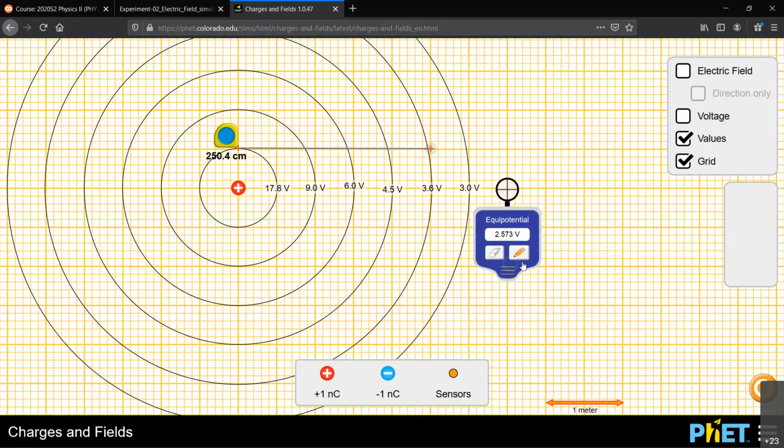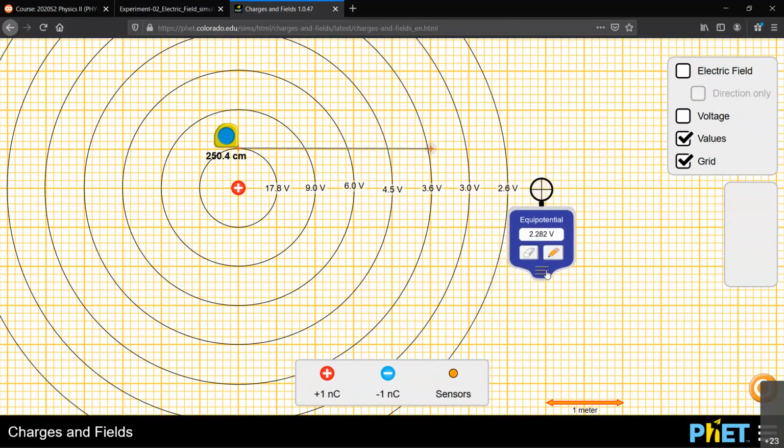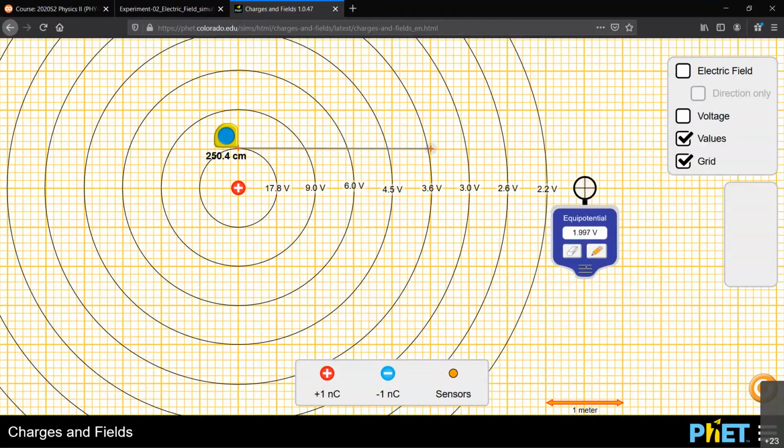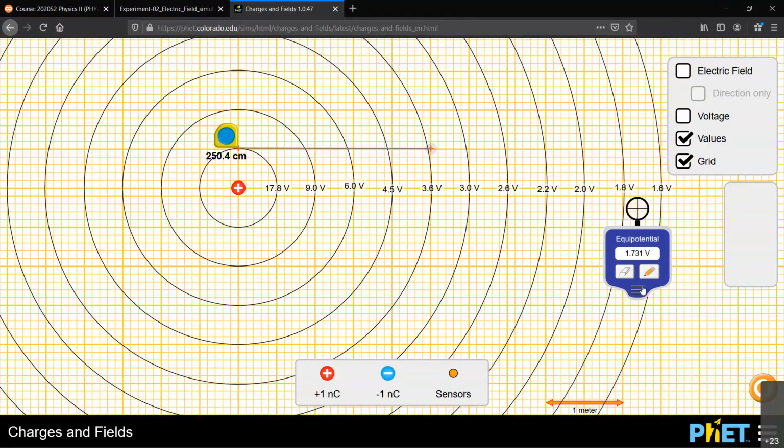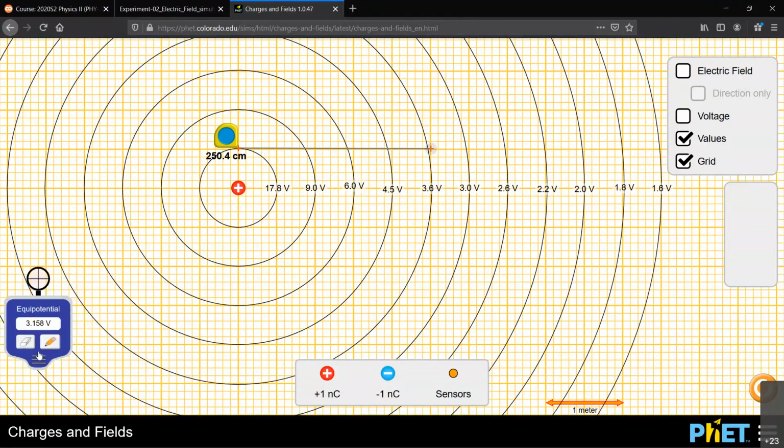I'm drawing this after each one large square, okay? It's going to be slightly off because you can see this line has a thickness, right? So there will be slight error, but that's okay. So you can see as I go further and further away, this voltage is actually decreasing. So I'm observing a behavior which is similar to 1 over r. Okay, that's the idea. Now you have the equipotential map.